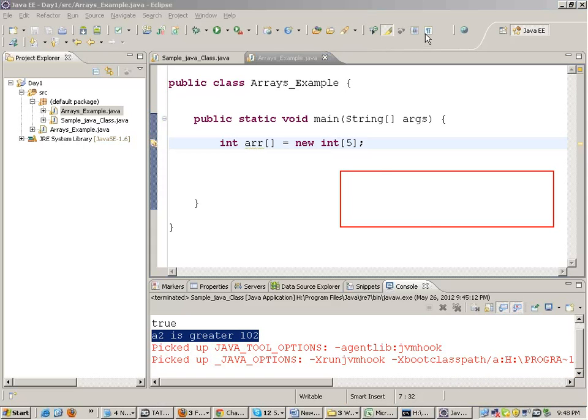This is the memory location. It will be divided into various sections. There will be a total of 5 sections, because I specified the size 5 out here. Each section will be represented by an index like 0, 1, 2, 3 and 4. In each index you can store a number. You can store an integer in each index, right? So what you do is you store it like this: